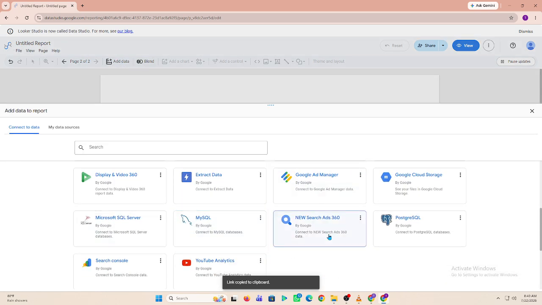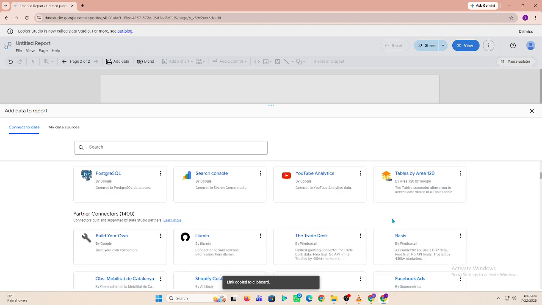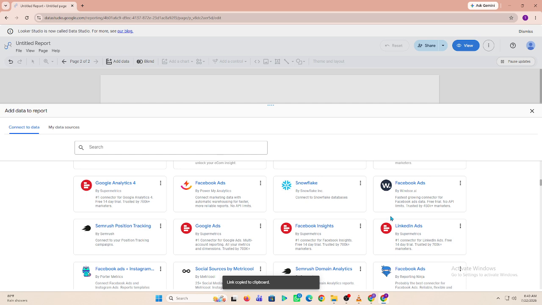When your report is complete, click Save and use the Share button to invite teammates, clients, or stakeholders to view the report. You can also download or schedule reports if those options are available, and that's how you create reports in Looker Studio. With interactive charts and connected data sources, you can build clear, professional reports that make your data